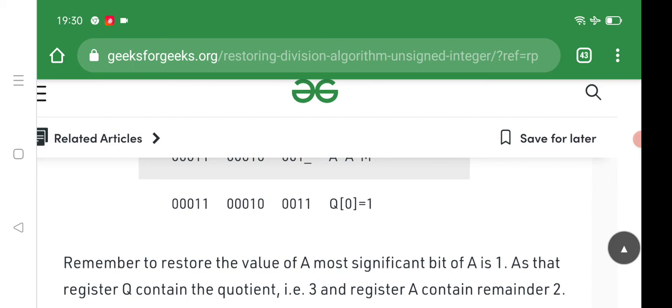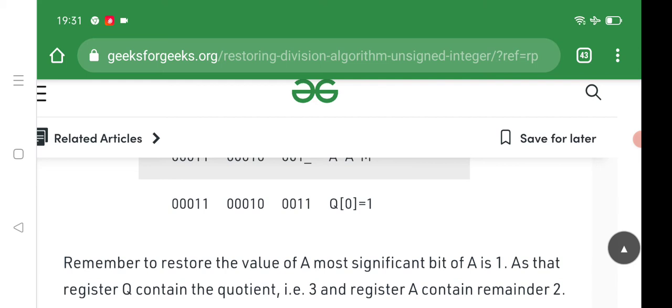When we divide 11 by 3, what happens? 3 times 3 is 9, so the remainder will be 2 and the quotient will be 3. Did we get the quotient as 3? Yes, we got the value as 3, 0 0 1 1. And the remainder we got is 2, which matches 11 divided by 3.